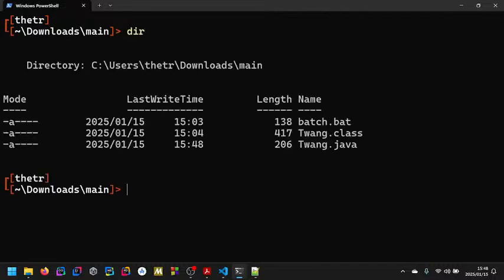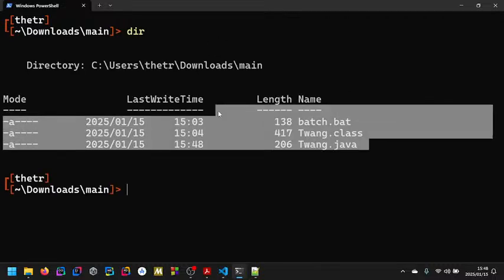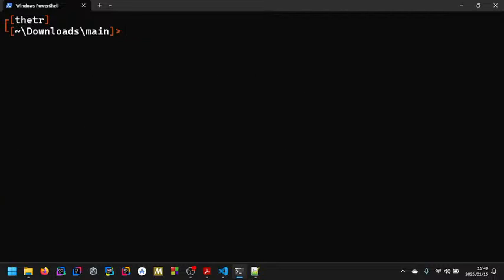So dir, so there's the files. So I'm still in the right folder. So now I'll just say javac twang.java. Sometimes you can omit the dot and the backslash, but in my case I'll just put it there